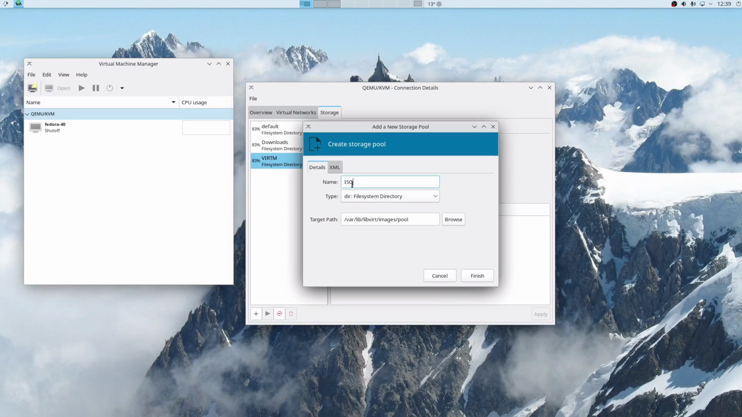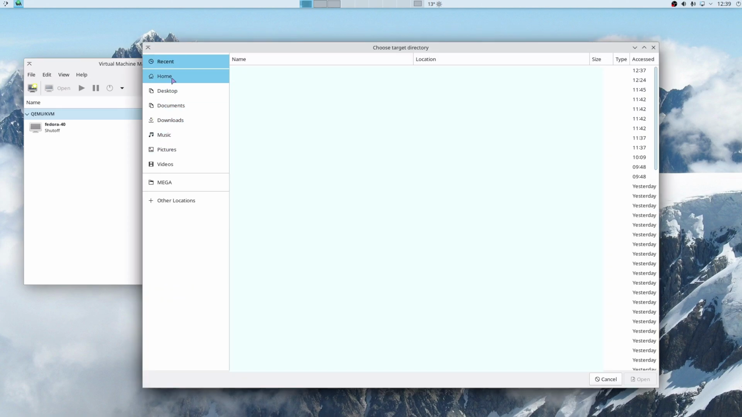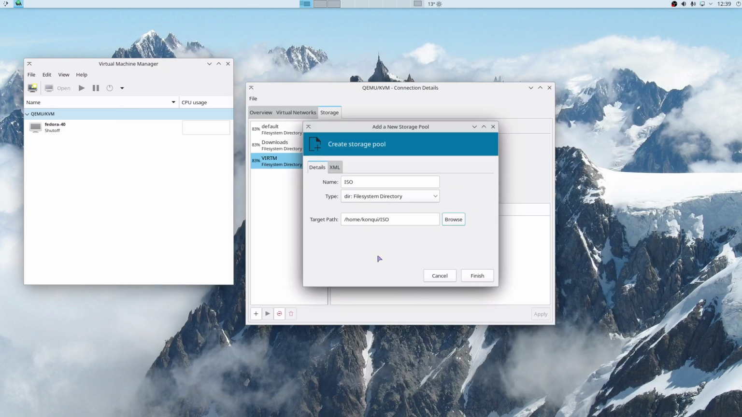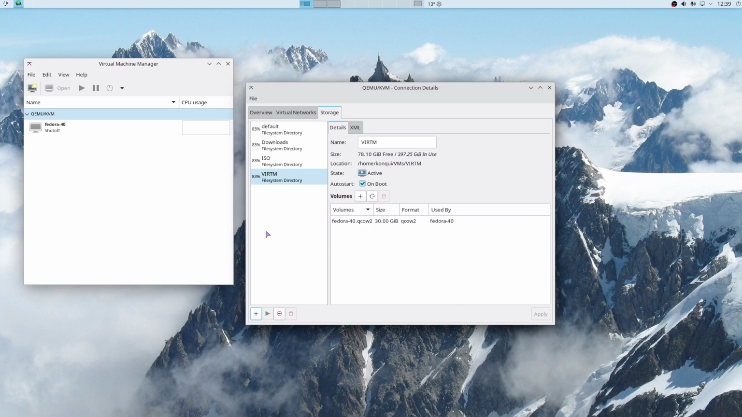So here you put the name, which doesn't matter. Put it whatever you like. And here you just browse to the folder where you have your ISOs. And that's